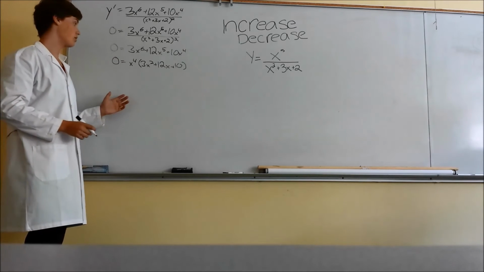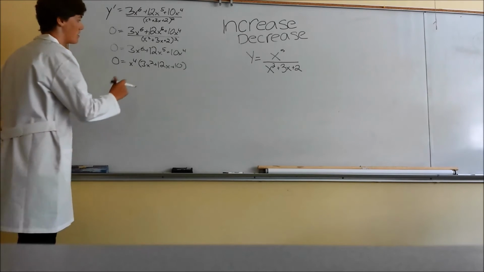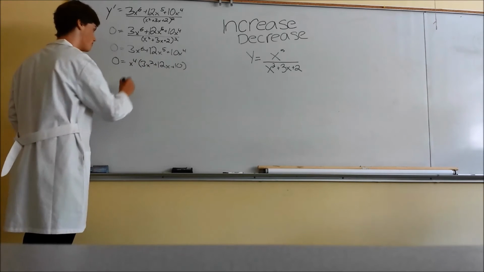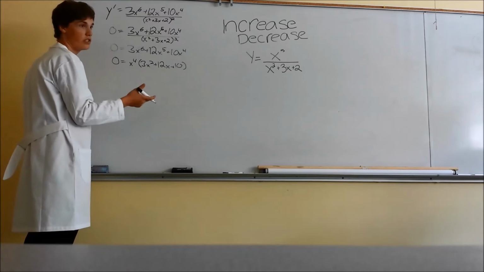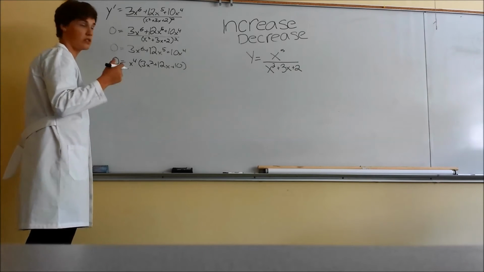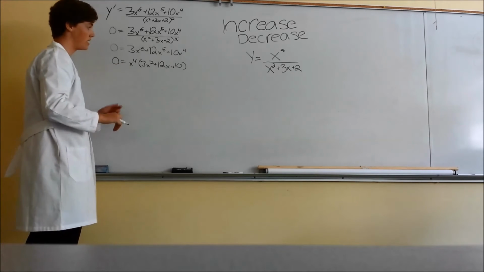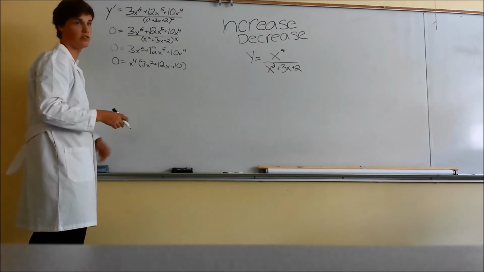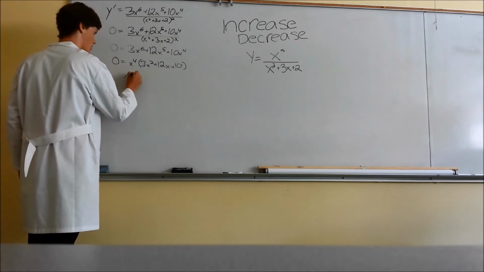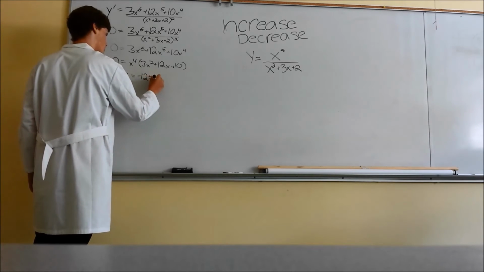Now, to find our critical points, we have to use the zero value theorem. And to do so, we must first factor this section of our equation. Because it does not factor normally, we must use the quadratic formula, which gives us the equation x equals negative 12 plus or minus root